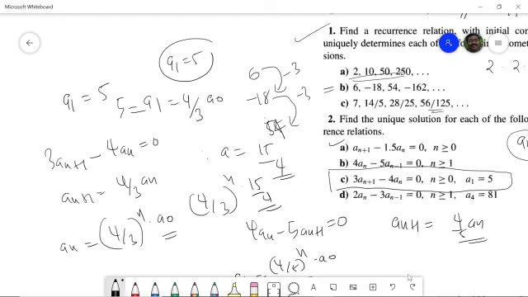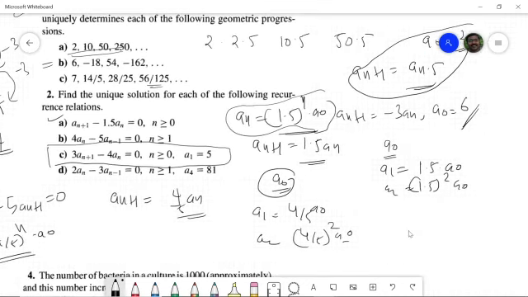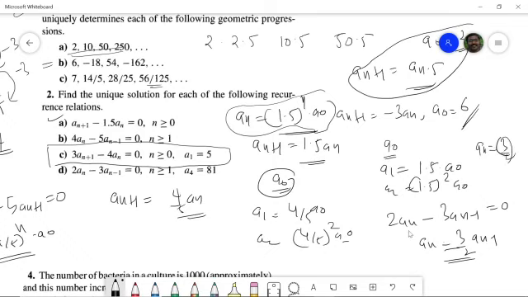Okay, similarly you can see this problem also. The fourth one, 2an minus 3an minus 1 is equal to 0. You can try that problem yourself. So my an would be 3 by 2 an minus 1. The general solution would be basically an is 3 by 2 raised to n into a naught. Even if it is an plus 1 is equal to 3 by 2 an, the same solution would apply. And in order to find this a naught, they have given you the result a4 is equal to 81. So substitute that result here.